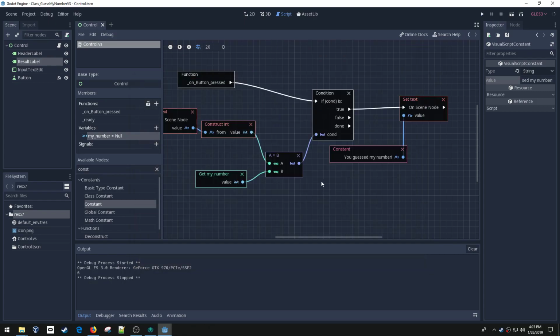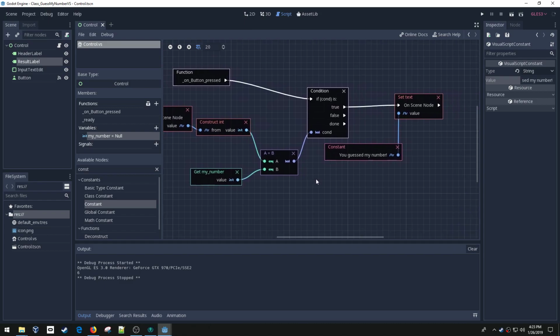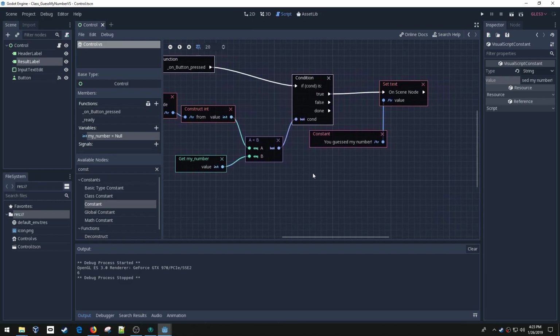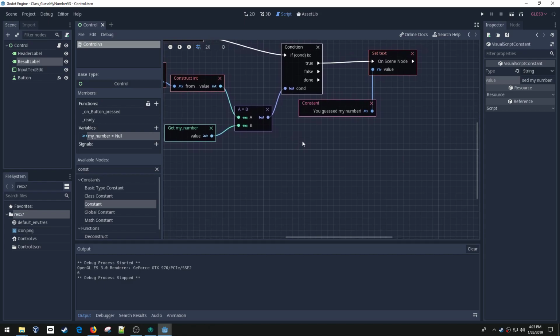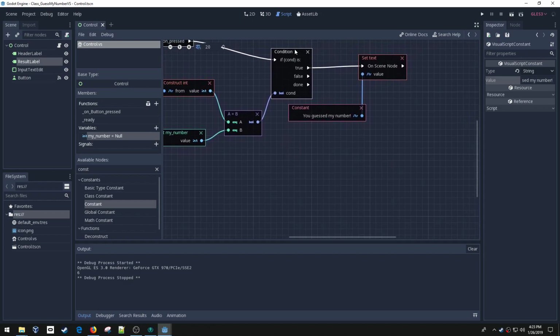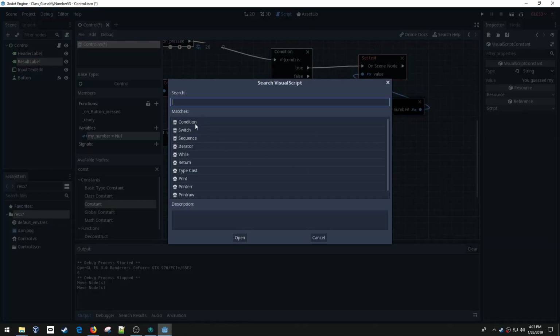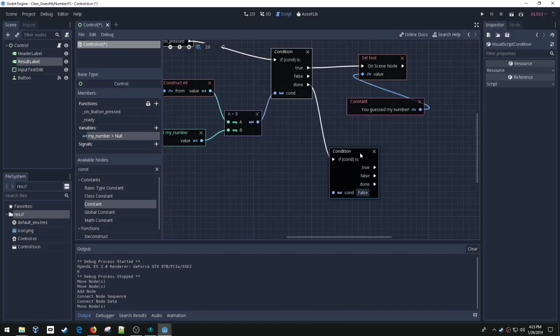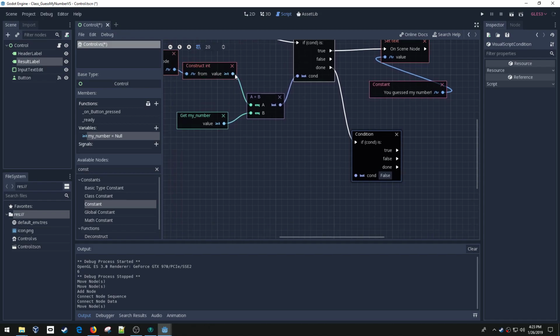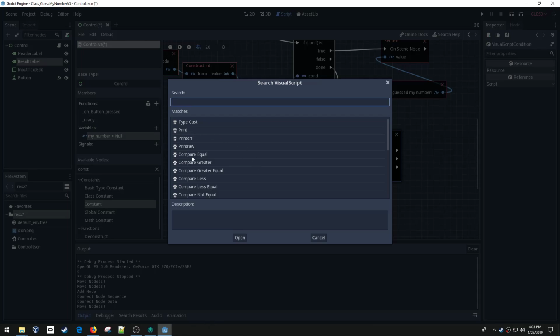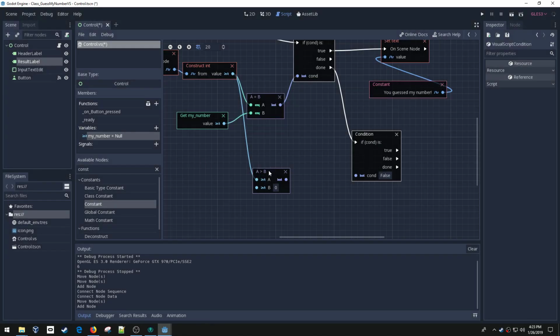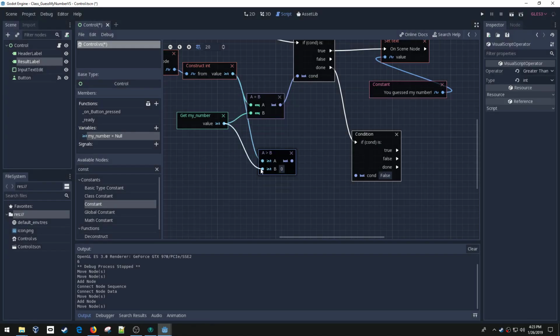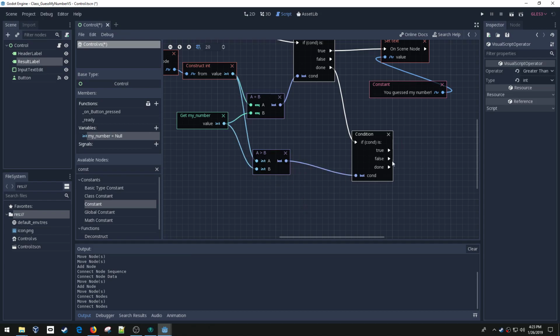So this works, and the next one we need to do is if you guess too high. So we need another one of these conditions. I'm going to scoot that out of the way. Scoot this over here, do another condition. So this is if the number is too high. So I need another condition block, so let's go ahead and grab this one down here, and this time we'll do greater. Okay, so we'll drag this number over,